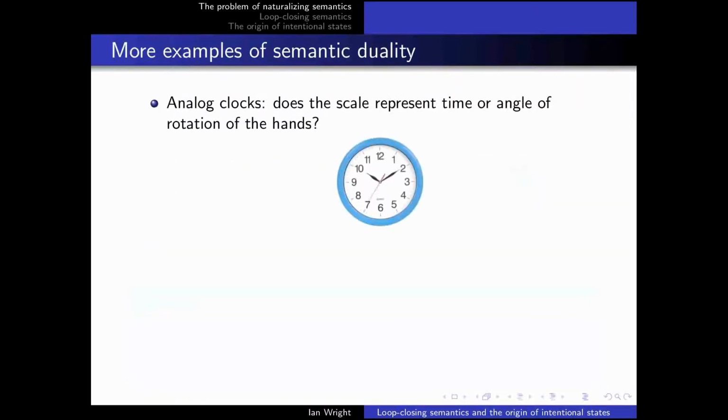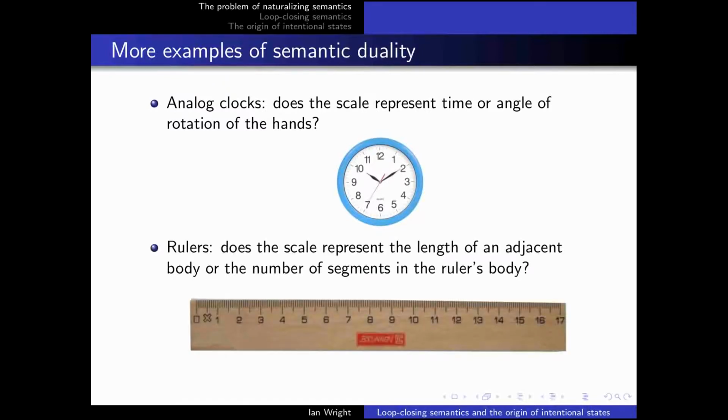Now we can have fun identifying opaque readings for all kinds of measuring devices, and I explore some in the paper. But the point is this. Semantic properties are not reducible to reliable causation, and any reductive theory of intentionality needs to deal with these problems of conjunction, disjunction, and semantic duality.